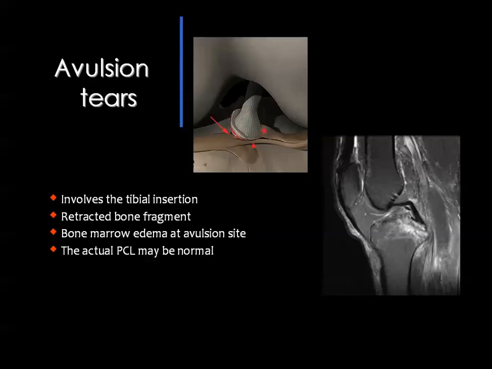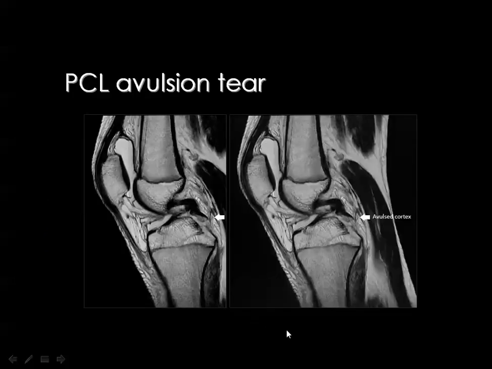In this example, you see that the tibial attachment of the posterior cruciate ligament is detached, but the posterior cruciate ligament itself shows normal size and the normal parenchymal signal. The fracture site will show some bone marrow edema, as you can see here, with increased signal intensity in this T2 weighted image. This is also another example of avulsion of the tibial attachment of the posterior cruciate ligament, and